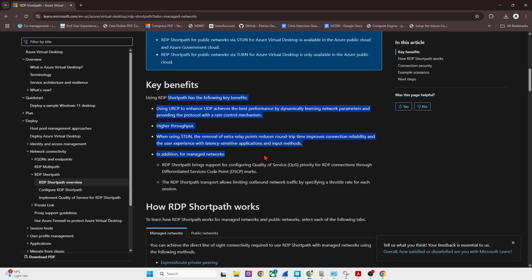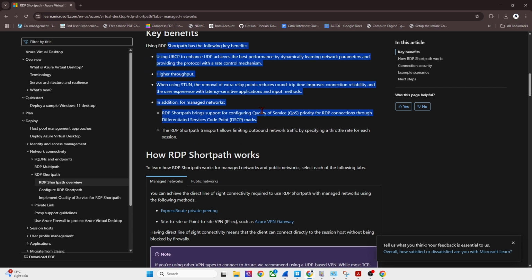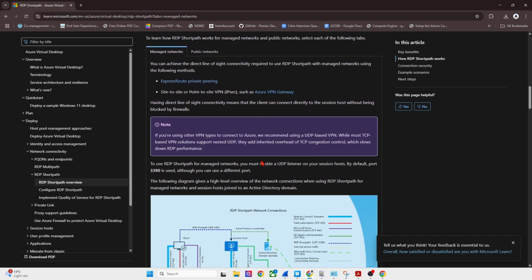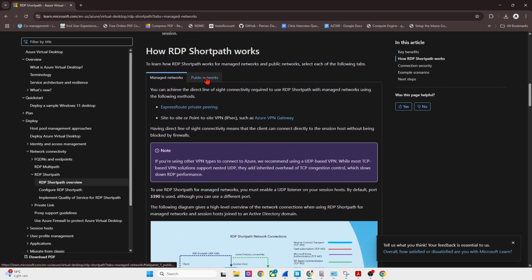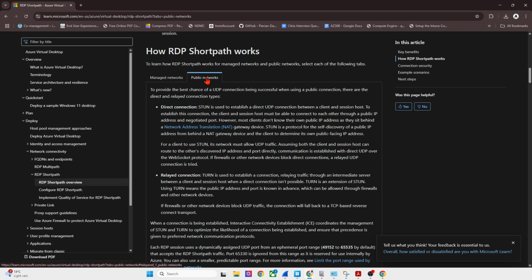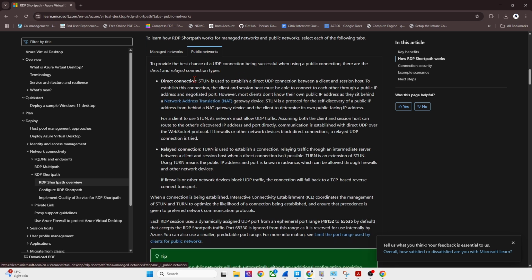So this article just talks about the benefit of using RDP Shortpath, UDP. And here's the diagram. This one is for the managed network. We will go to the public network, and it talks about direct connection and relayed connection. Both are UDP, but in STUN, there is a direct UDP connection between client and session host. To establish this, the client and session host must be able to connect to each other through a public IP